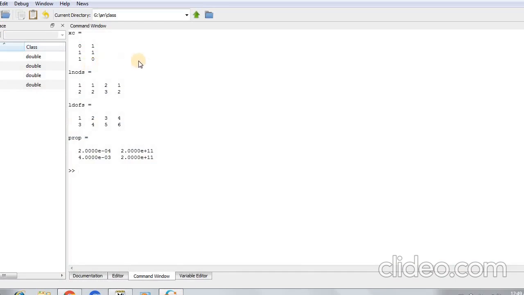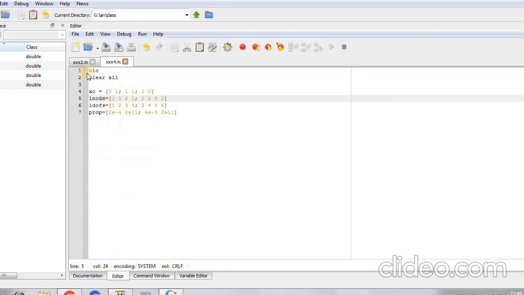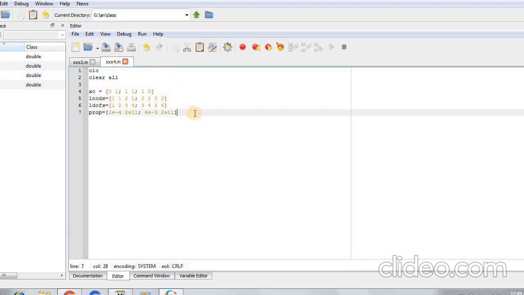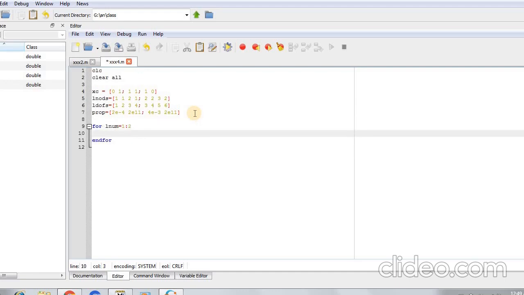Okay, so let us go to the editor again. So here, now we have to come to this loop over elements. So for L_num, the element number, equal to 1 to 2. There are two elements. So element number 1 to 2, and the for will automatically come. So how do we calculate the stiffness of the element? So first we have to